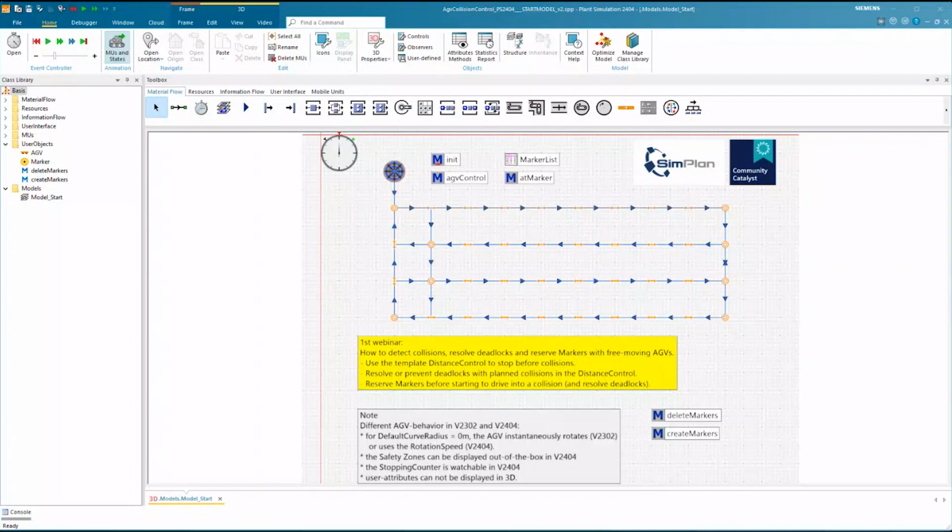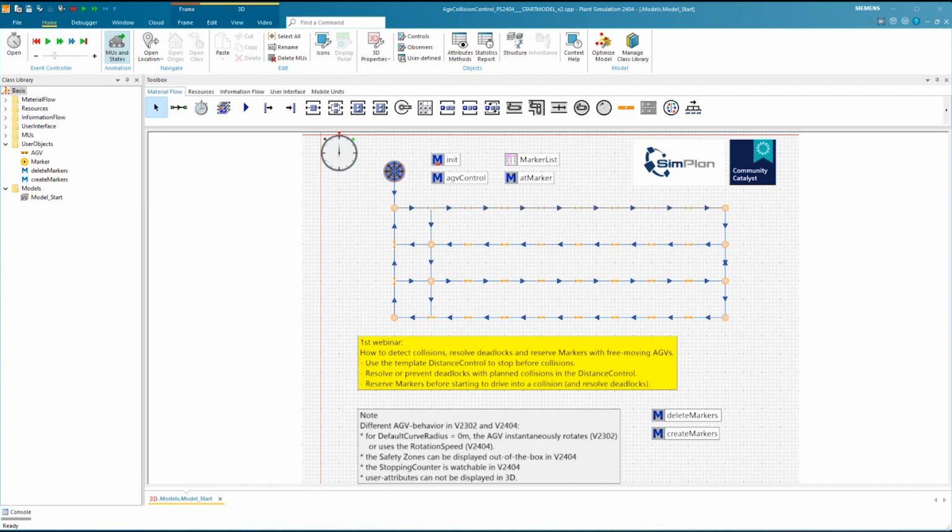Okay, thank you, Taryn. I hope you can hear me and you can see my screen. Please, no complaints. Good. So we are talking about collision control for the free moving AGVs today.